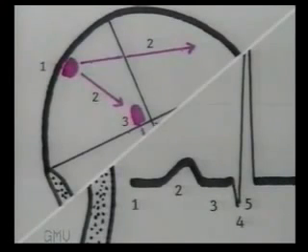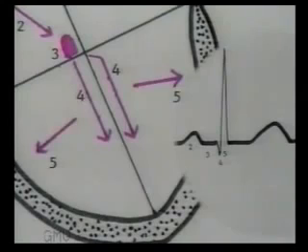Now, as the impulse spreads throughout the ventricles within about 0.1 second, the septum gets depolarized first, then left and right ventricular walls almost simultaneously, but a little earlier on the left side. This activity is recorded as the QRS complex. Once the ventricles are totally depolarized, there is no electrical activity for a brief period, so the ECG returns to the isoelectric line and records the ST segment.